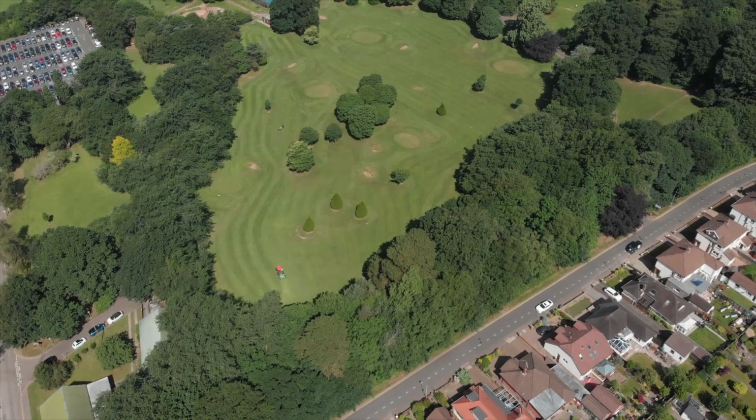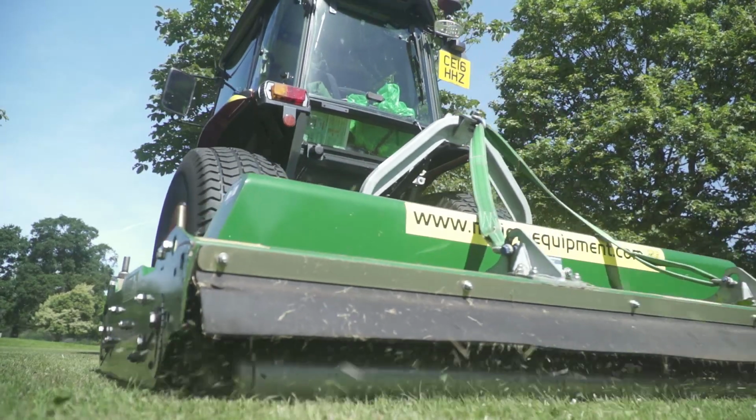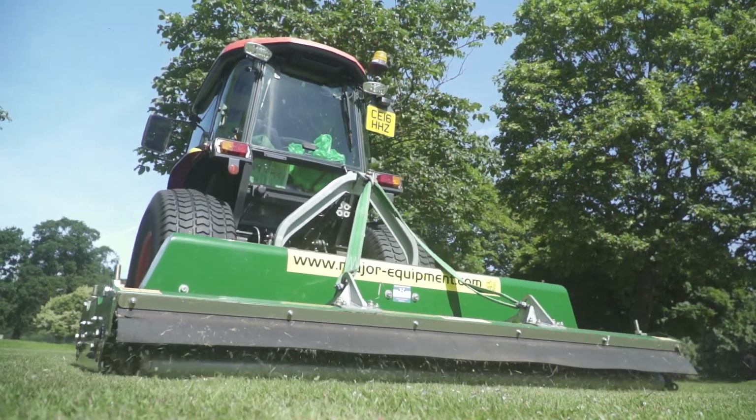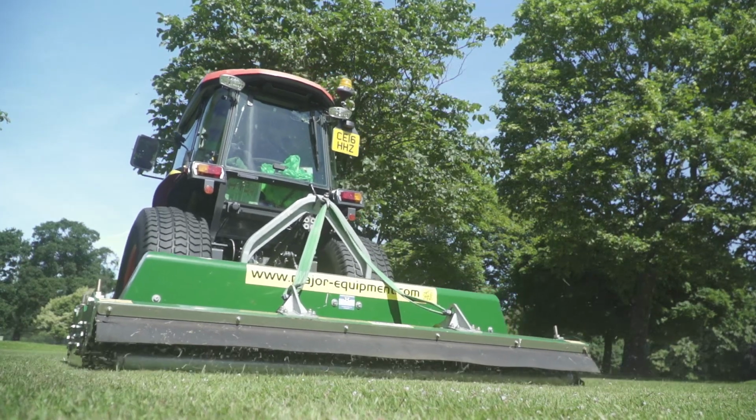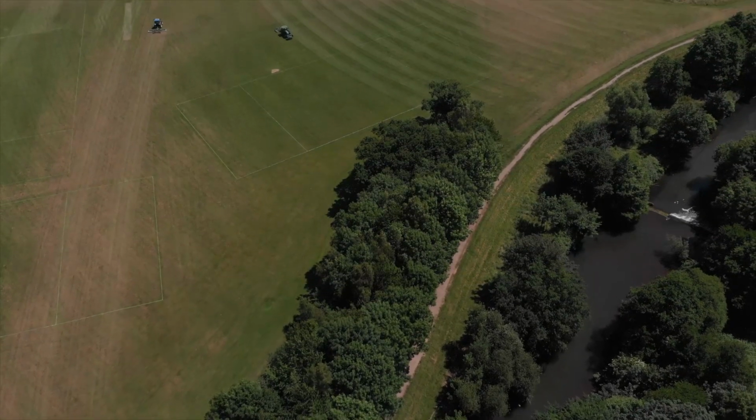I'm Will Power. I'm an area manager for the park services in Cardiff Council. We have 1,600 acres of grass which we've got to maintain, along with other open spaces and parkland, floral decks, trees, you name it, it all comes under us. In Cardiff, we are actually blessed with more open spaces, trees per head of population than any other city in